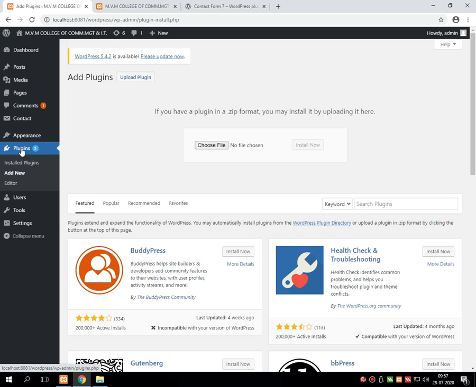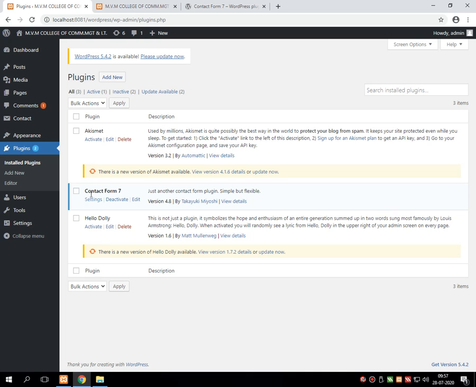Within a few seconds, it returns the message that the plugin installed successfully, and in the listing of all the plugins you will see the newly installed plugin called Contact Form 7. That Contact Form 7 I first activated. Once you activate the plugin, then you will get the option for deactivating the plugin.